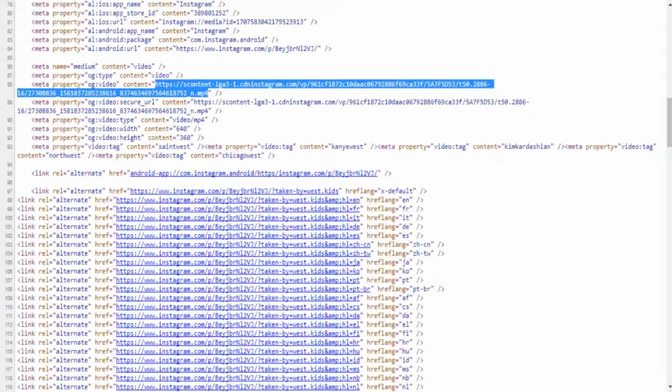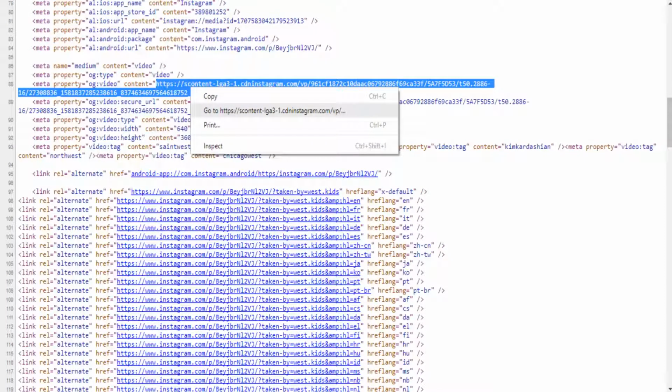Then I'm going to copy the link and I'm going to press go, and it takes me straight to the video that was playing, except now I can just right click and save the video. So that's just a very safe way to download an Instagram video straight from the source without worrying